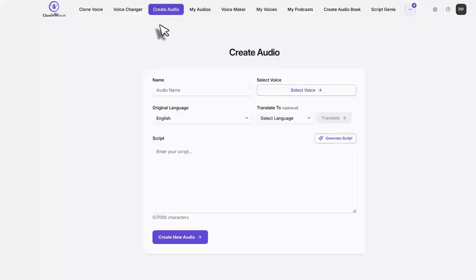Today I want to walk you through one of the most powerful features inside CloneVoice.ai, the Create Audio section. This is the place where everything comes together. Your clone voices, system voices, multilingual voices, voiceovers, and even dubbing. If you've ever wanted to turn your voice clones into professional, polished audio projects, this is exactly where the magic